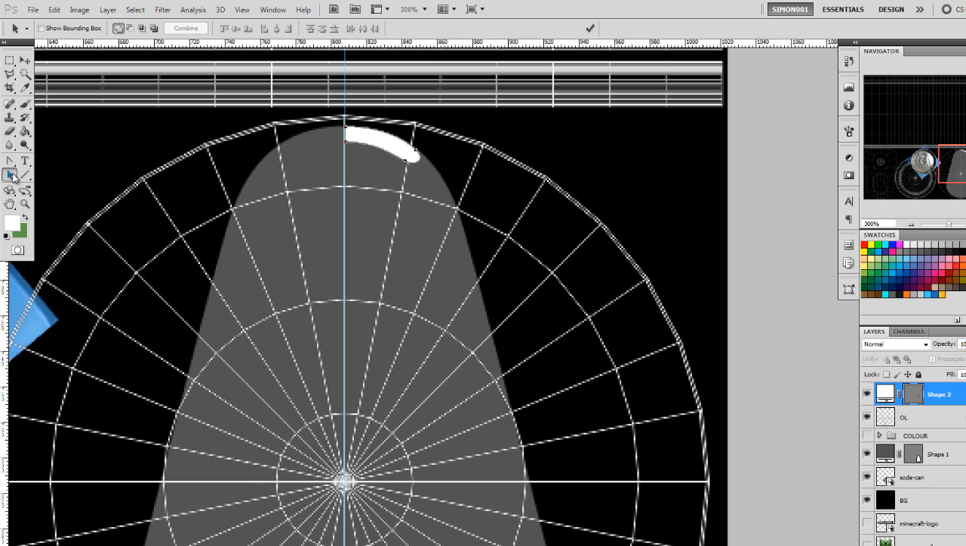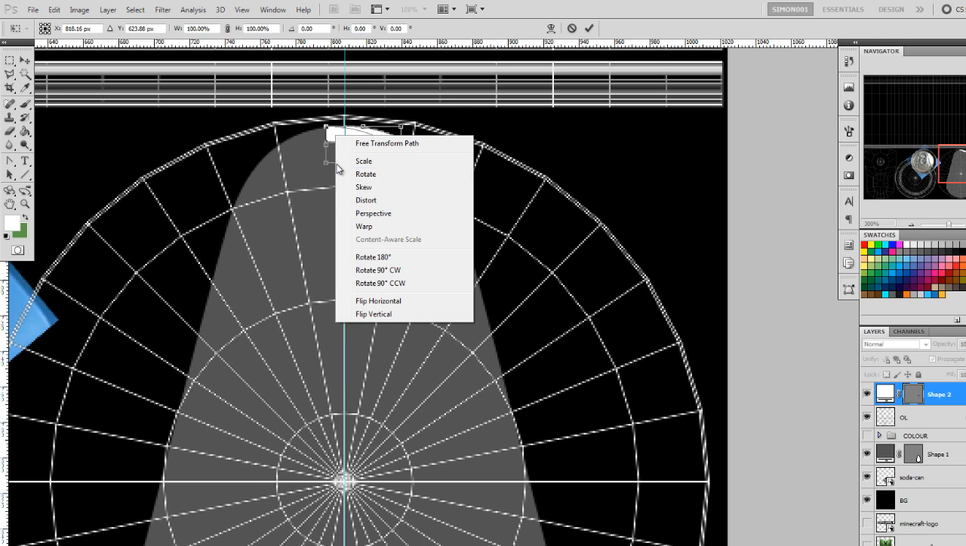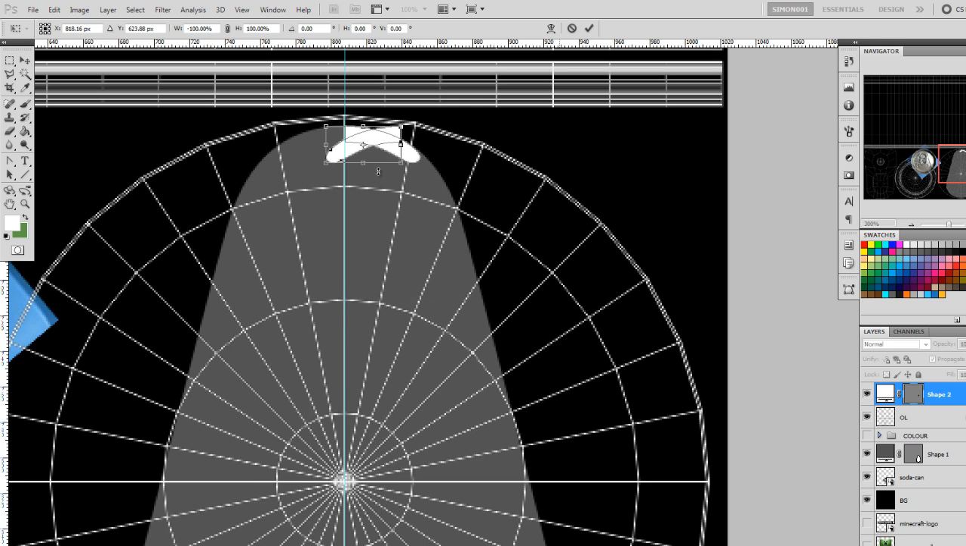Okay, path selection tool, click on the path like this, hold down Alt, then click and hold Shift, just drag it across a little bit like this, then go to Edit, Transform Path, right click, select Flip Horizontal, and then hold down the left mouse button on the object and Shift and drag it across until it hits the guide like that, and then press Enter to lock that change in,